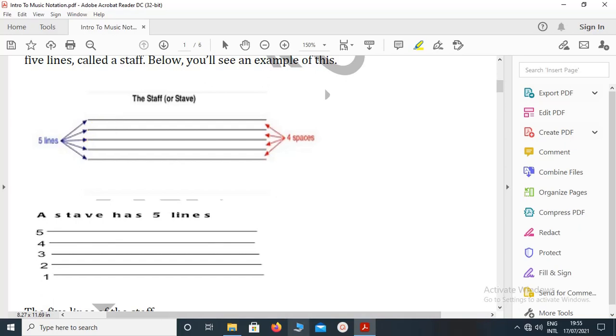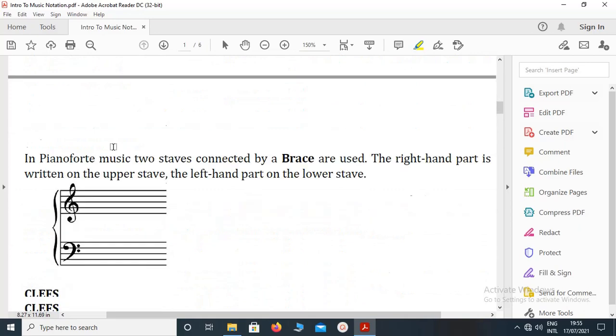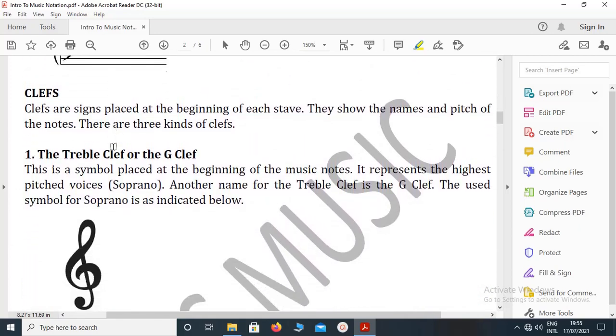A clef is what we use for representing music at this point here. So the first clef that we have to look at is the treble clef